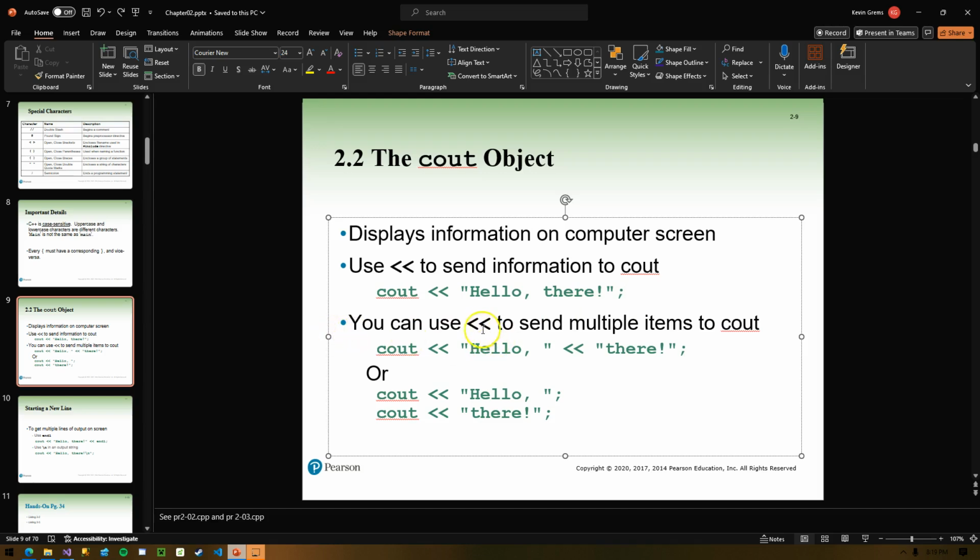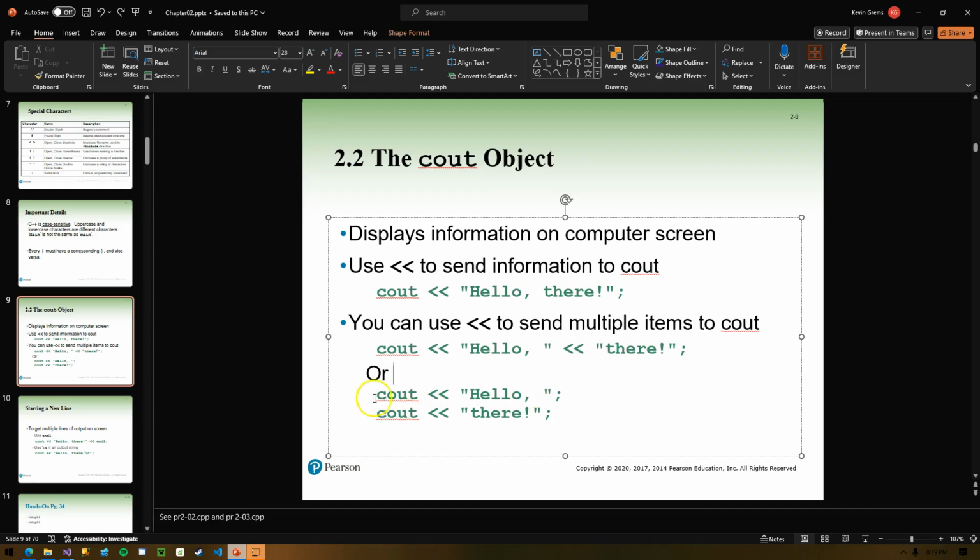You can use the less than to send multiple items to cout like this. So I have one cout statement, followed by the angle brackets, followed by my text, followed by another set of angle brackets and more text. It doesn't really make much sense why I would do that in this example, but when we get into variable substitution, if we want to display the contents of a variable inside a cout statement, we'll see that that will become pretty handy.